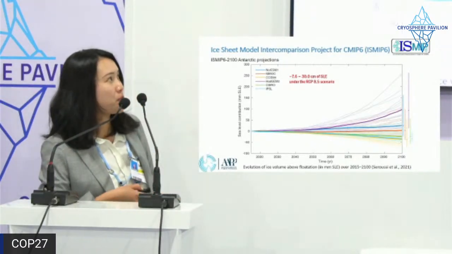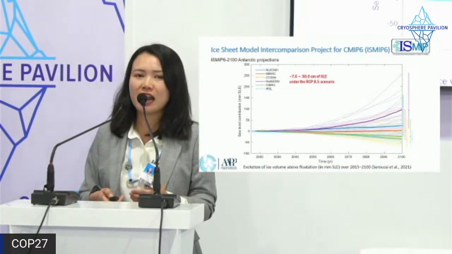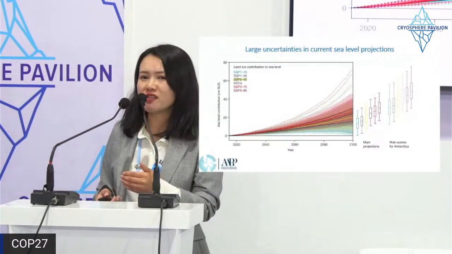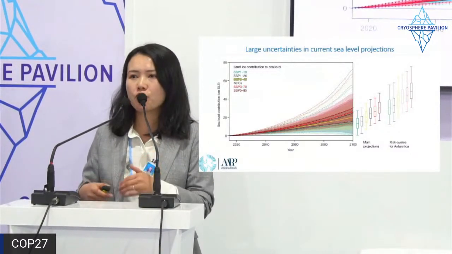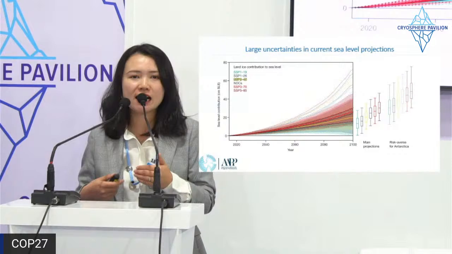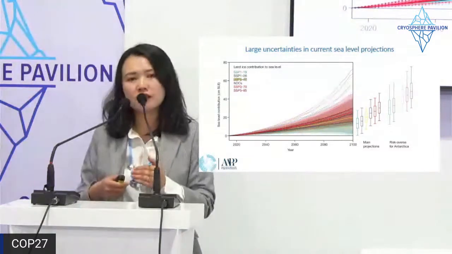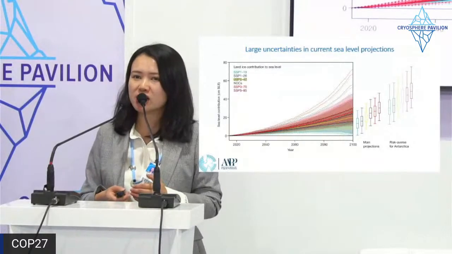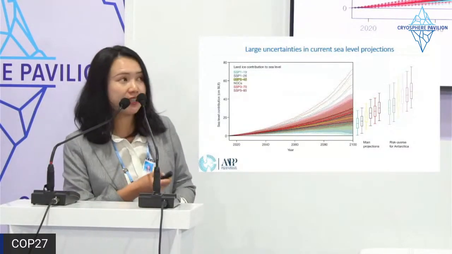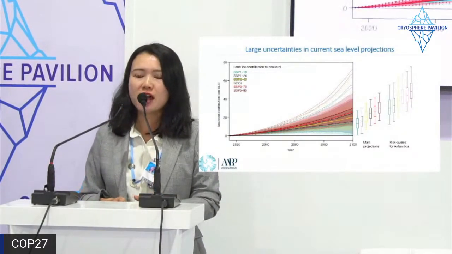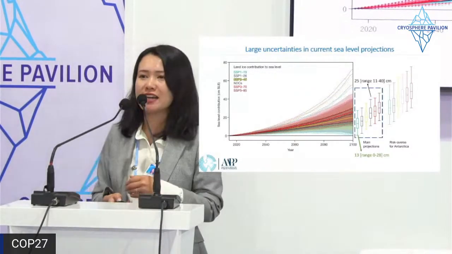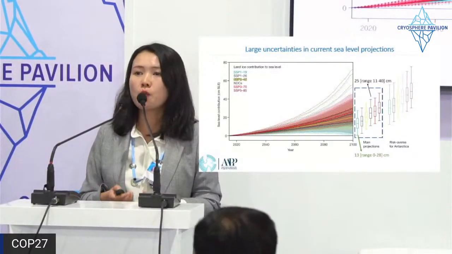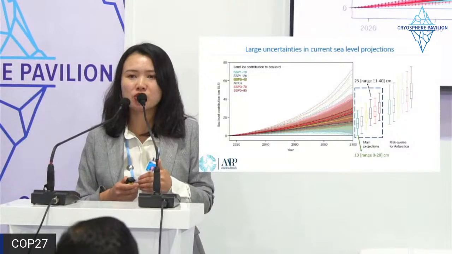But if you look at this purple line from the HadGEM2, it still can provide very large Antarctic ice mass loss. I want to mention that our ISMIP6 results are mainly based on the past generation of scenarios. So the team wants to provide more recent projections. And the Greenland team tried to combine this using emulation of the ice sheet models to provide the land ice projections to sea level rise under the new emission scenarios. So this is a map showing us the land ice contributions before the end of 2100. And if we look at this block here in the main projections, if we could limit the global warming to 1.5 degrees, actually the sea level contributions